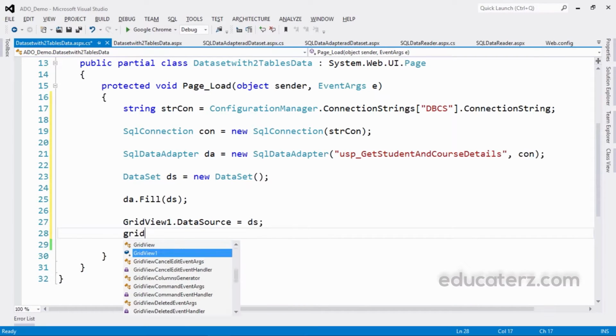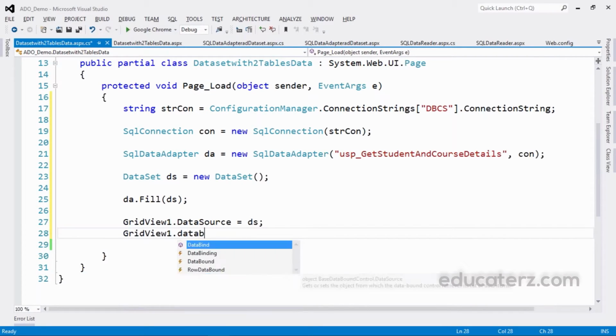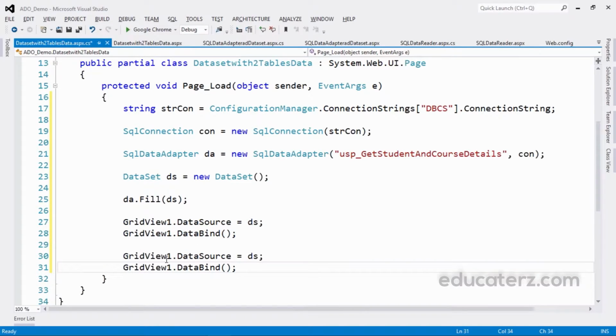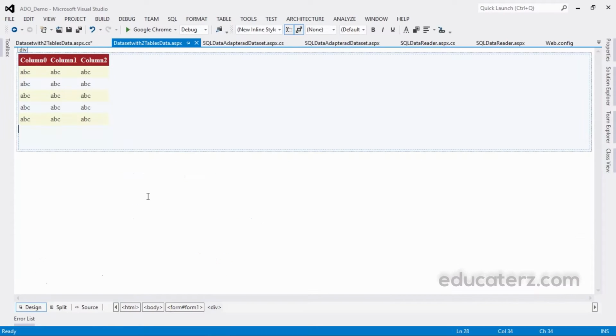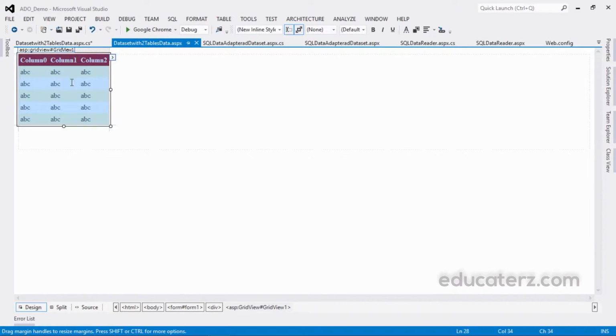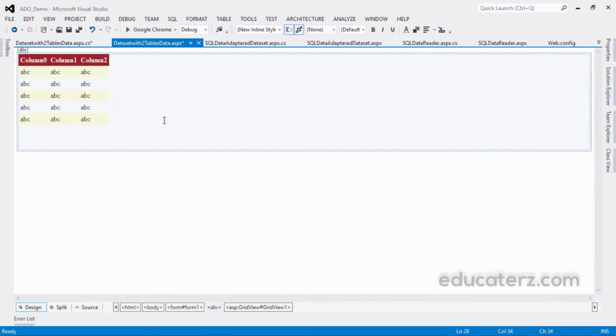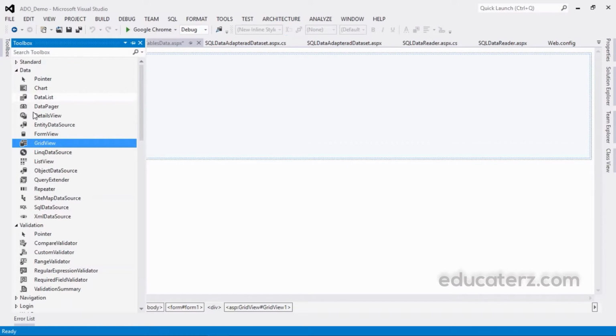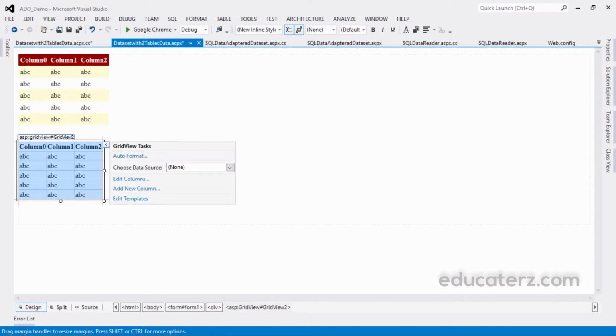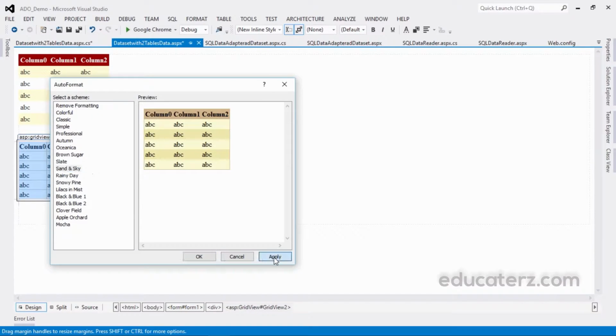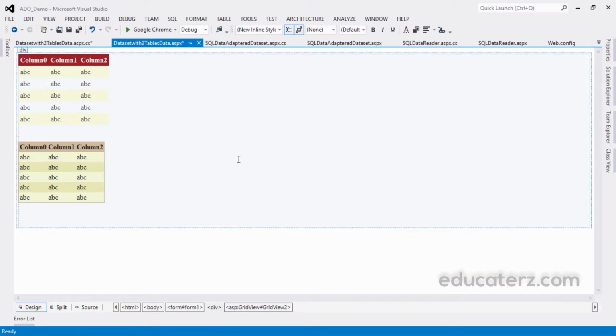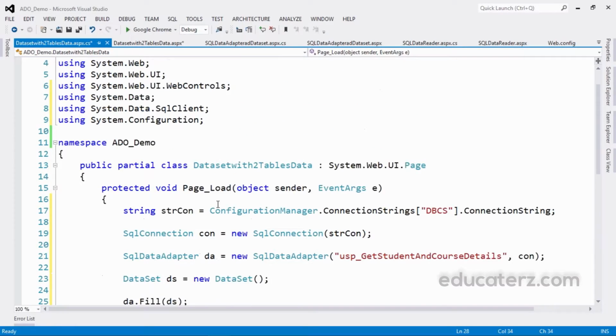Then we need to bind this grid view with the DataBind method. In a similar way, I need it for the second grid view as well. Here, let me take two, and let us drag and drop one more grid view. It is GridView1. I need another grid view. Where the grid views will be stored in a data session, inside which you can change the color you want. See it.